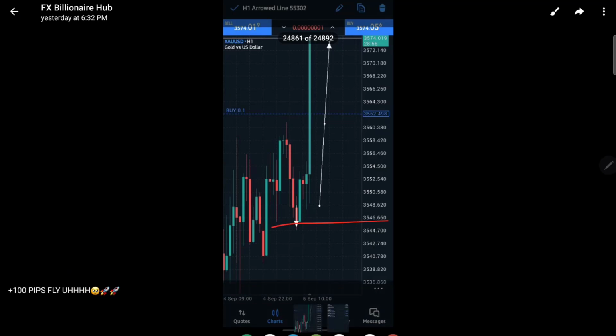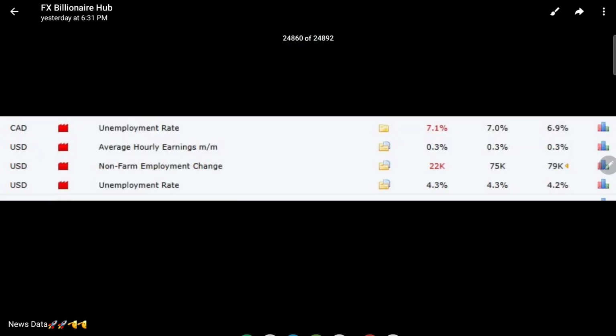As you can see there is data from last week's NFP, that means last Friday's NFP. There is non-farm employment change and unemployment rate, and those two kinds of data come with blank value, that is mixed value. And most important, NFP data come with negative. That means the previous data was 75k and the current data is 22k. That means there is a lot of difference.